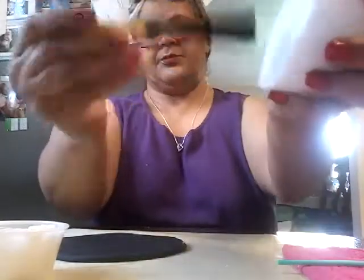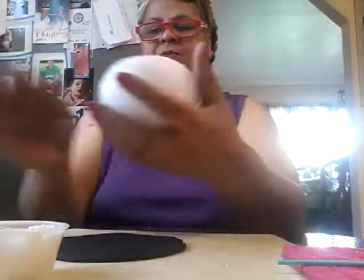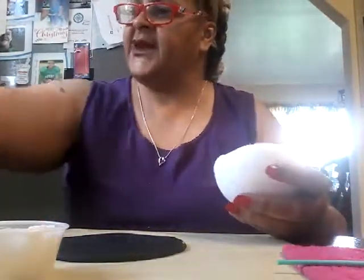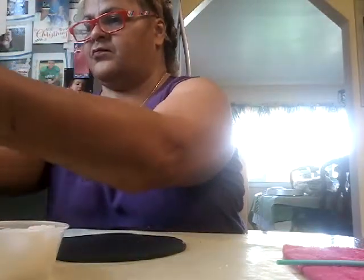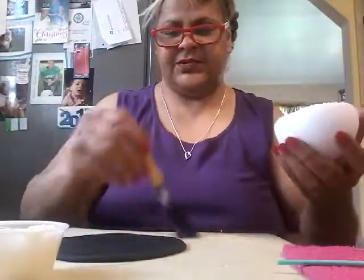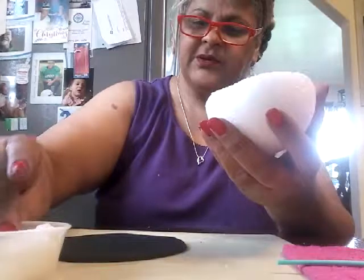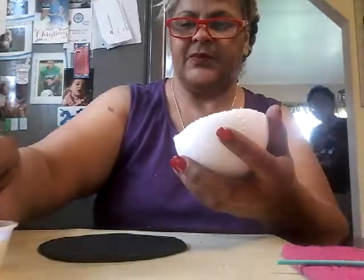Here's our shortening. You want to brush off any loose parts you have on there, which I've noticed I do have. There, I did have a big piece sitting there. And you're going to take some shortening and you're going to rub it